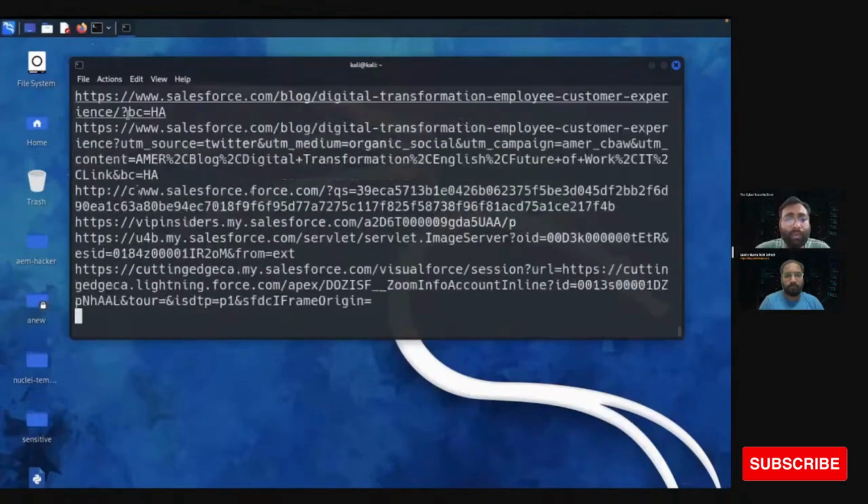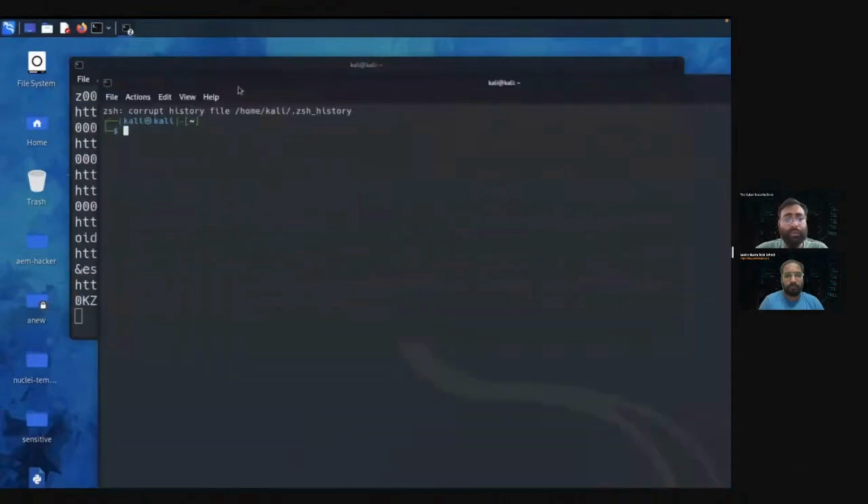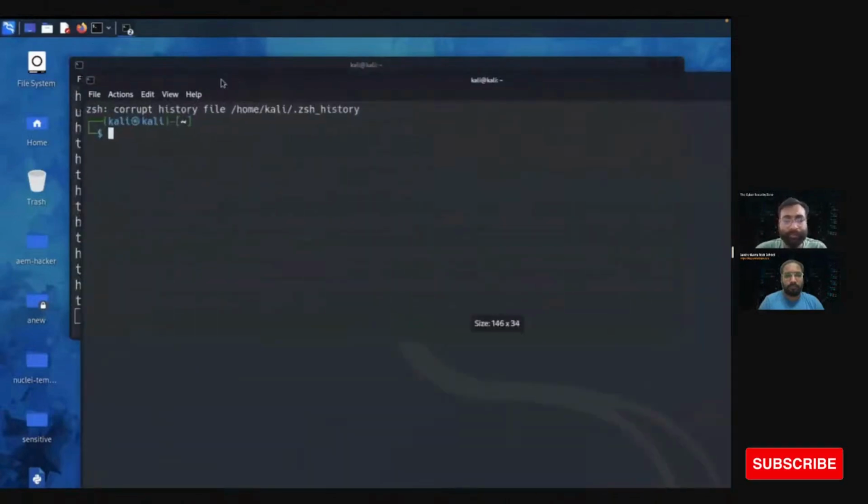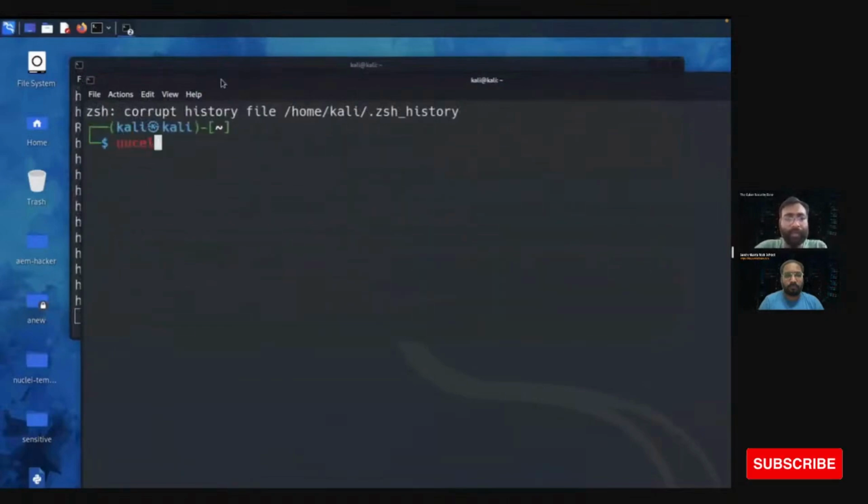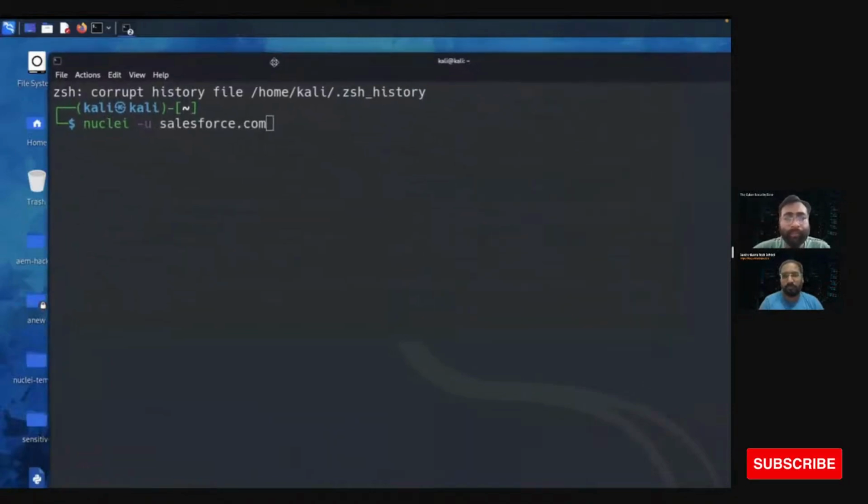Let me tell you how to install it. You have to type it in your Linux terminal and hit enter. Nuclei will install, and then to run this tool, type nuclei space -u and give your domain name. In that case, we have salesforce.com, and hit enter.